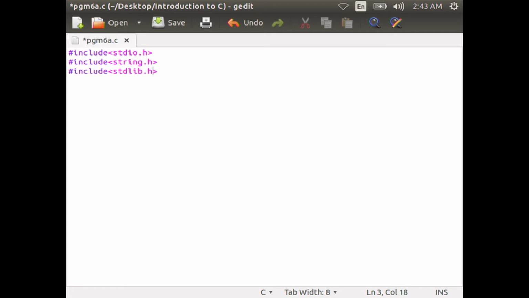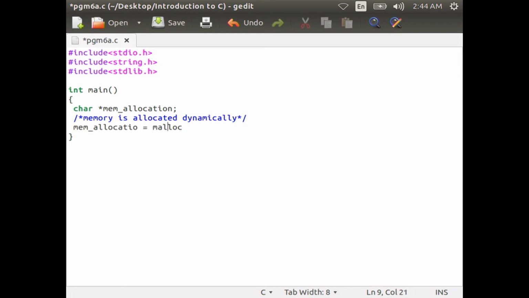Then start the main function, int main, within curly brace, char *mem_allocation. You can comment this: memory is allocated dynamically. Then mem_allocation equal to malloc(20 * sizeof(char)),